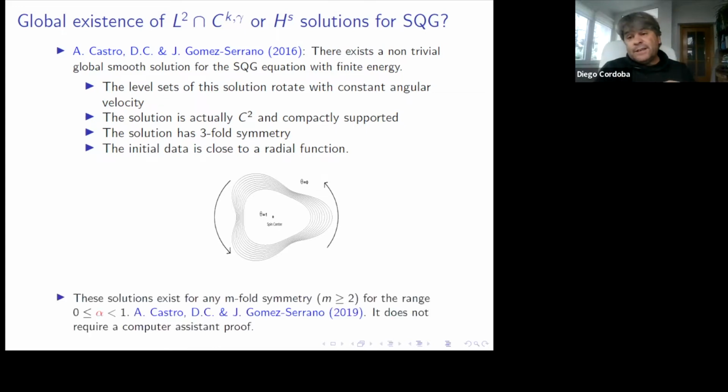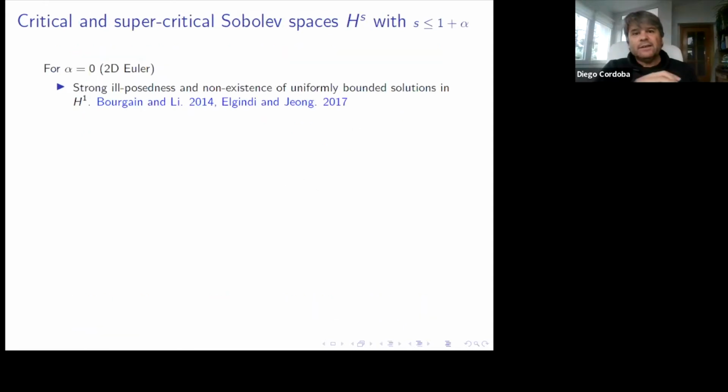The proof of this result for alpha equal to 1, since it's very singular, required a computer-assisted proof. But if you look at the case of alpha between 0 and 1, strictly smaller than 1, then one can actually do it by hand. And similar solutions exist, including for 2D Euler. Okay, this was a small parenthesis, and we're back to